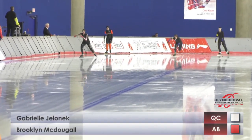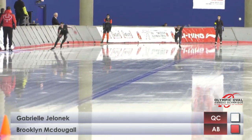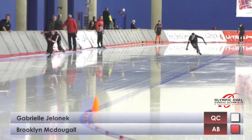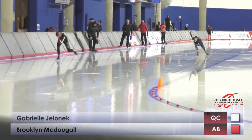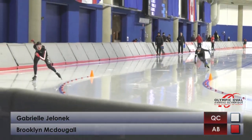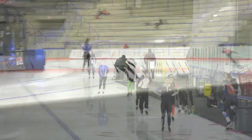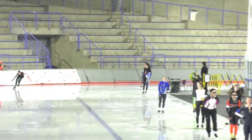La première paire est partie, un bon départ. In the inner lane, Gabrielle Jelinek. Outer lane, Brooklyn McDougall. Both skaters rocketing through the first 100 meters. It looks like it's McDougall in the outer lane with a slight lead, but it will be close through 300